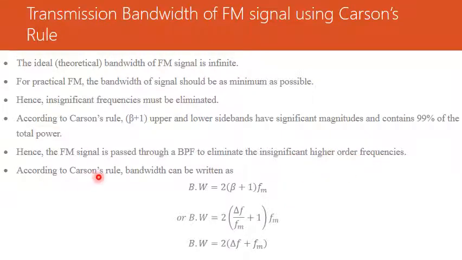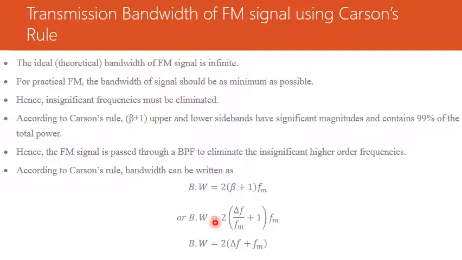According to Carson's rule, the bandwidth can be written as 2 times (β+1) fm. This 2 times represents both the upper as well as the lower sideband. So, the β+1 upper sidebands plus the β+1 lower sidebands equals 2(β+1) fm. Here fm is the modulating signal frequency, and β represents the modulation index of the FM,